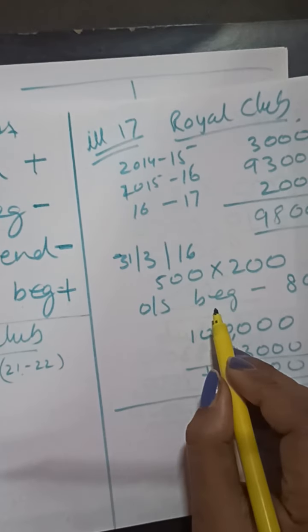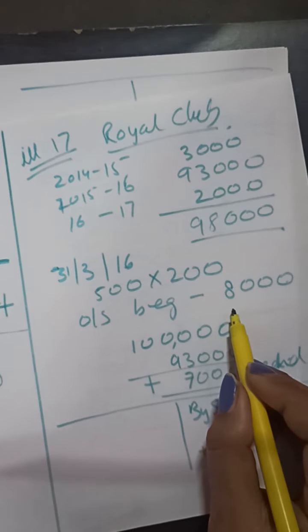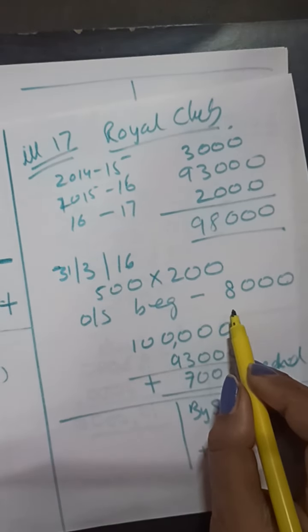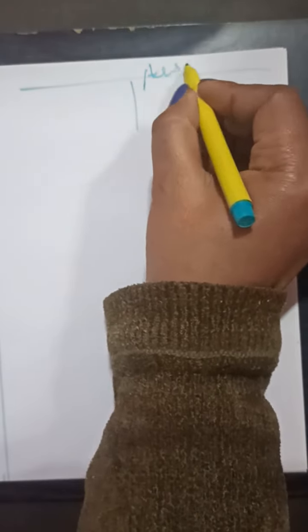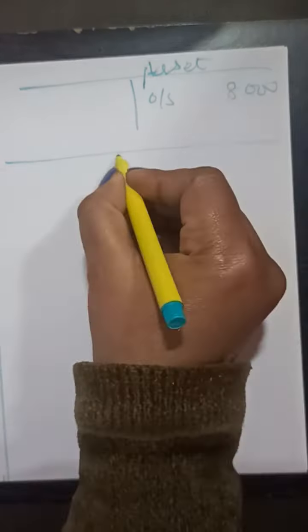Now next we do the balance sheet. The opening balance sheet. See, in the question we wrote, outstanding in the beginning is rupees 8,000. That has been given there in the question. So definitely on the asset side of the opening balance sheet, the outstanding in the beginning will be 8,000. And in the closing balance sheet,